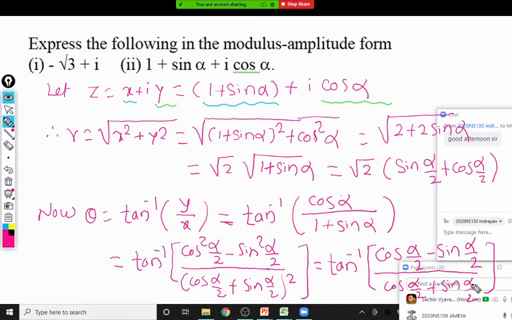So we will take cos alpha by 2 common. Correct, very good. If you take cos alpha by 2 common, it gets cancelled. Final: it is tan of pi by 4 minus alpha by 2. Very good. These observations are very, very important. You should be able to convert the bracket in terms of a tan so that you get theta in a simplified form, whenever it is possible. Our focus should always be that the bracket should convert in terms of tan so that theta comes in a simplified form.